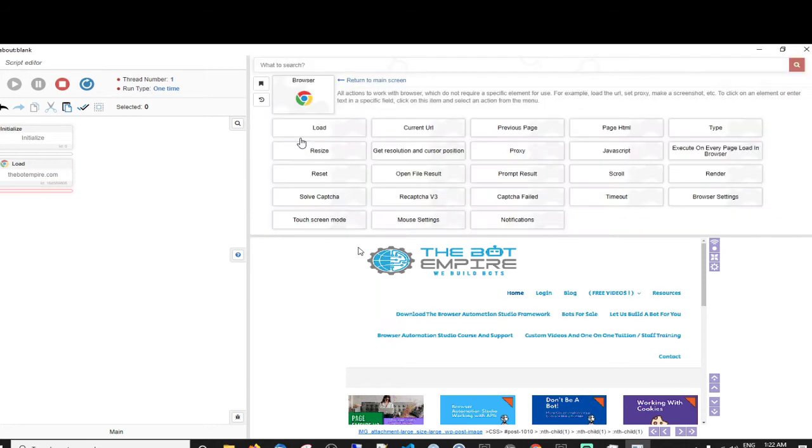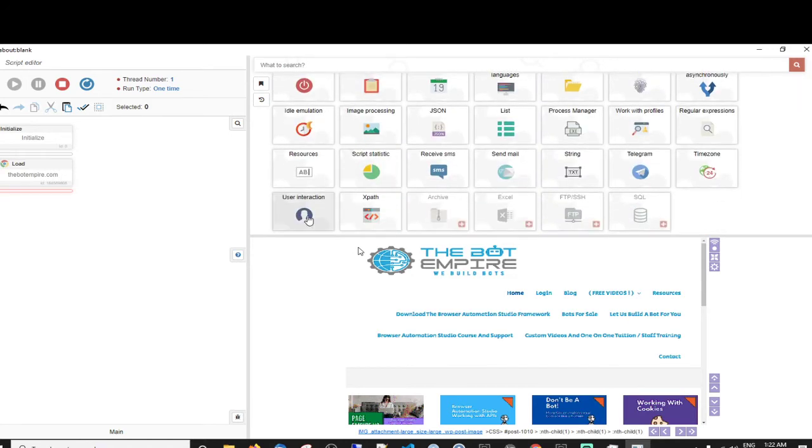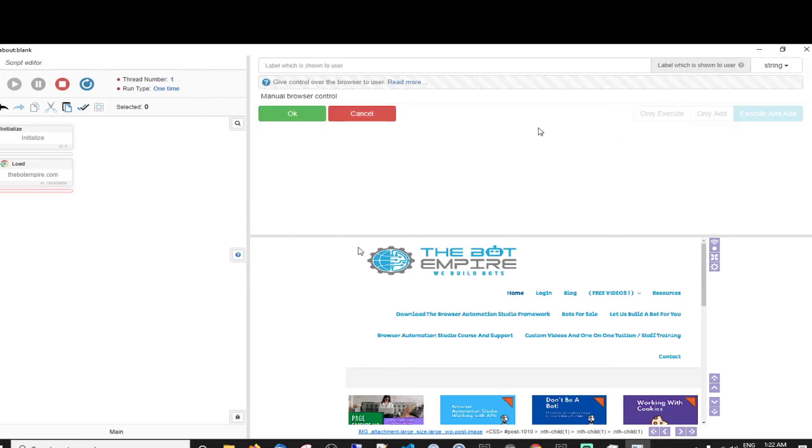And then we could use the manual browser action. Manual browser label, which is shown to user: "You take over, boss."